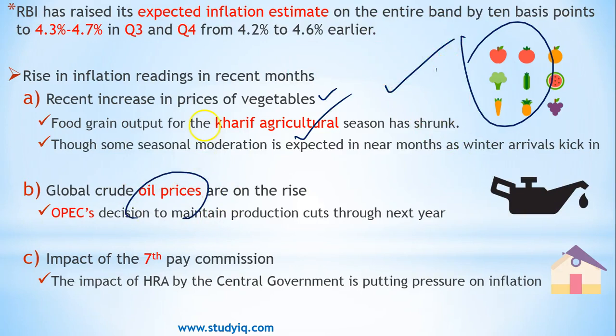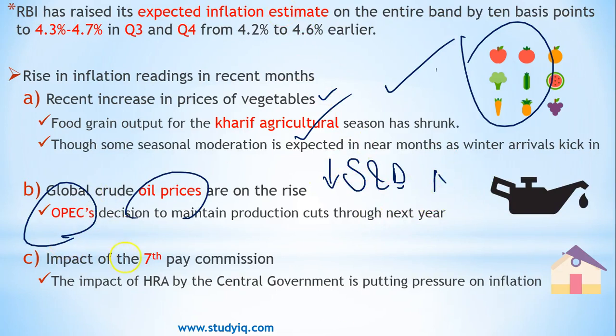The other side is crude oil prices are going up. So far the prices were down, but now, with the political situation going on in Saudi Arabia and in Yemen, and the OPEC countries, the oil producing countries, having decided to cut down their production, right? They are going to control their production, and now you can imagine again supply and demand we are talking about here. That supply means the petroleum supply will be taken down, and demand is there,